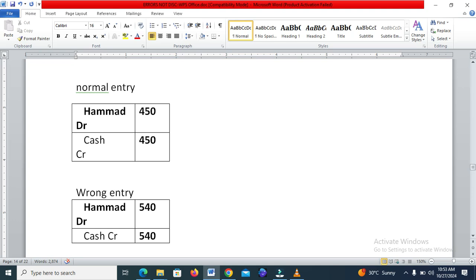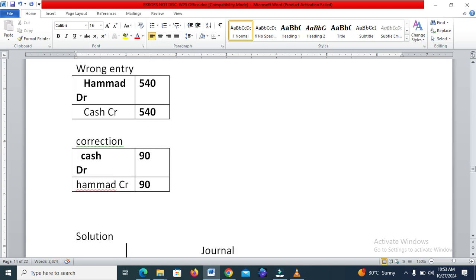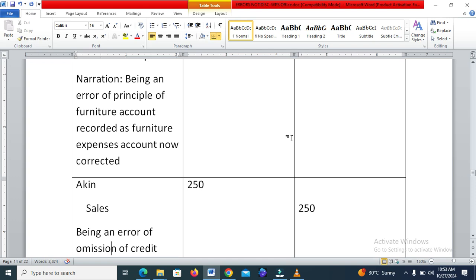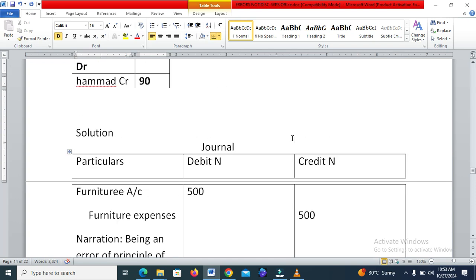That is, you have increased it by an amount of 90 naira. So take note of this. This has to be corrected. So how do we do this? You correct it by cash. You debit your cash 90 naira and you credit your Ahmad's account with 90 naira. After you have done all this, you now have to put everything in a journal proper. Everything has to be in a journal proper and well spelt out, putting the narration and all that is